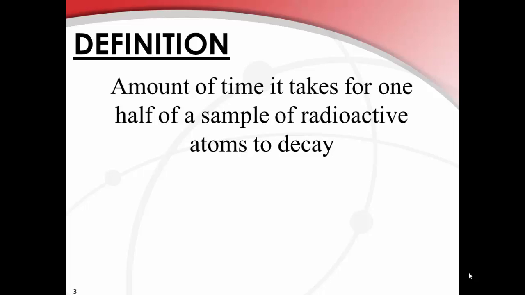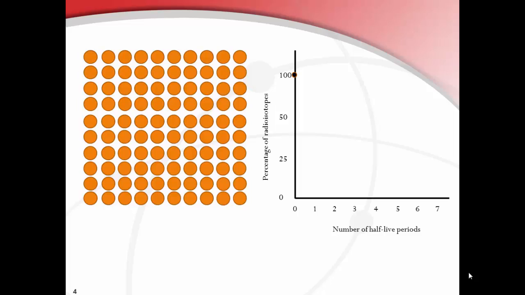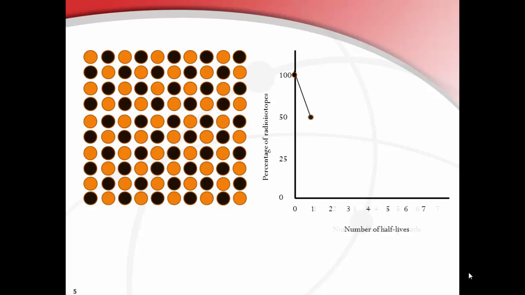This window of time is called half-life, which is the amount of time required for 1/2 the radioactive atoms to decay. For example, given this sample of 100 radioactive atoms, after one half-life period, half of the radioactive atoms decay